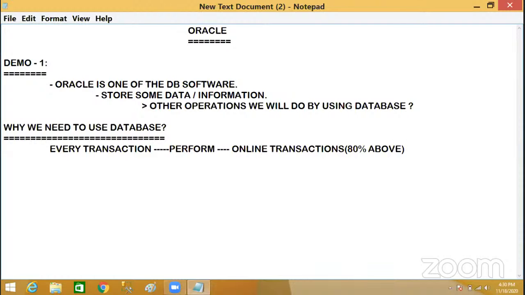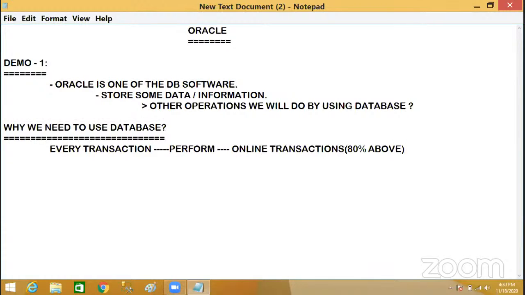Before this, maybe 10 to 20 percent of classes were online, but now almost 80 percent above of the educational sectors are using online classes. Did you expect that situation? No, but it was happening.